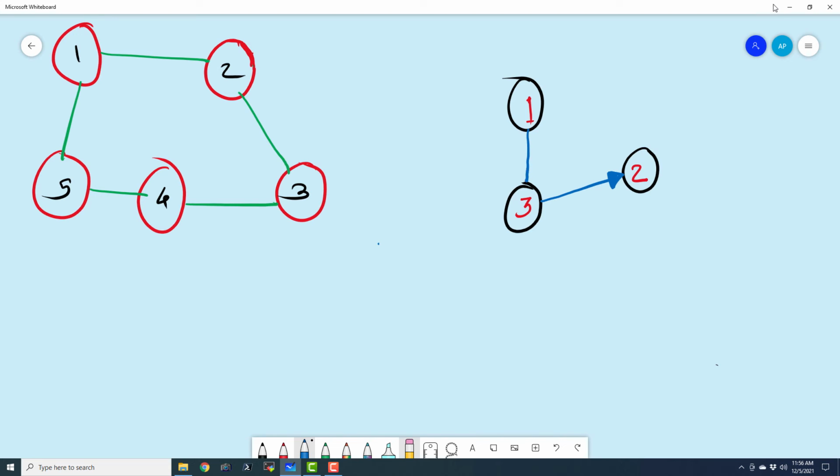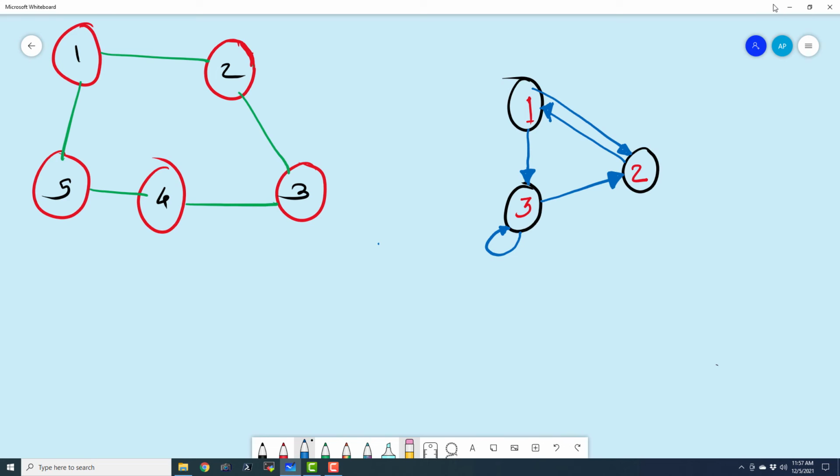From 1 to 3, we have a directed link, and from 2 to 1, we have a directed link. We can also have one from 1 to 2. And if we want to point a node to itself, that is also possible.